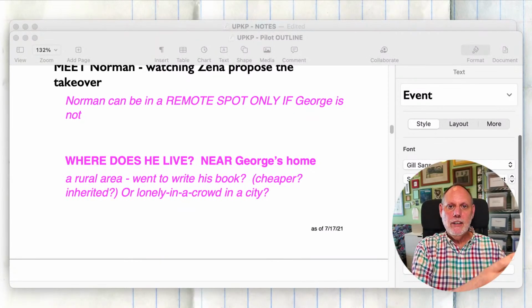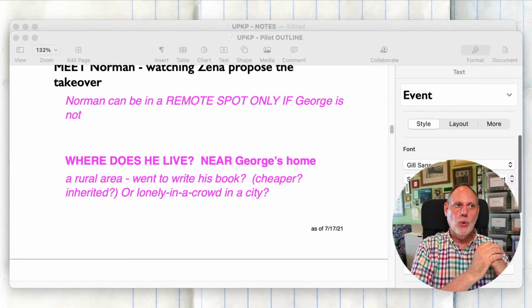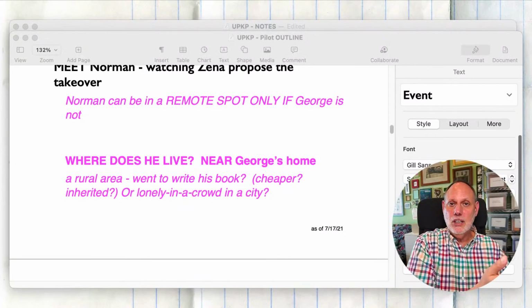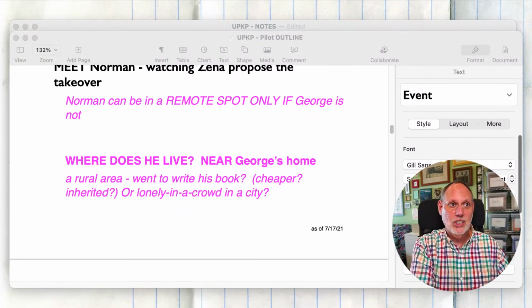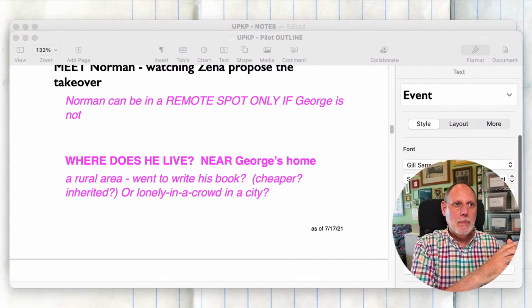The majority of our time is spent in George's house, not Norman's. So the thing is, if George is not in a remote space, then we have the problem of all these other people around. Like if George lives in a suburban house, part of the question is, how the heck does wacko George manage a suburban house? So I am beginning to think that George has to have the remote location, which means Norman